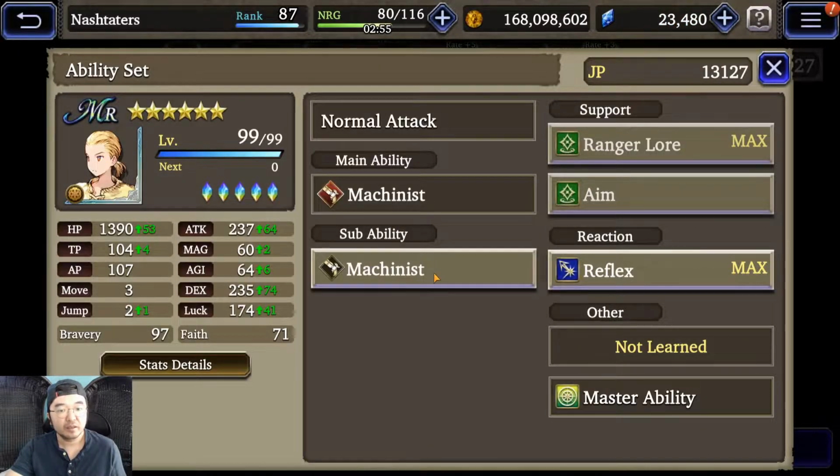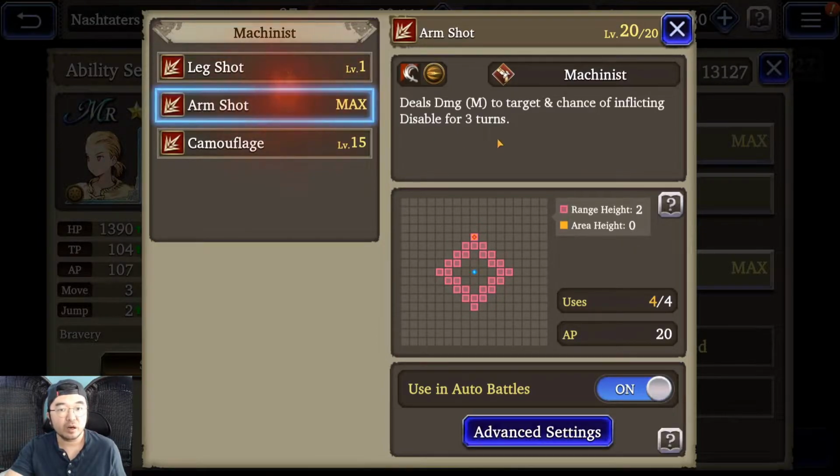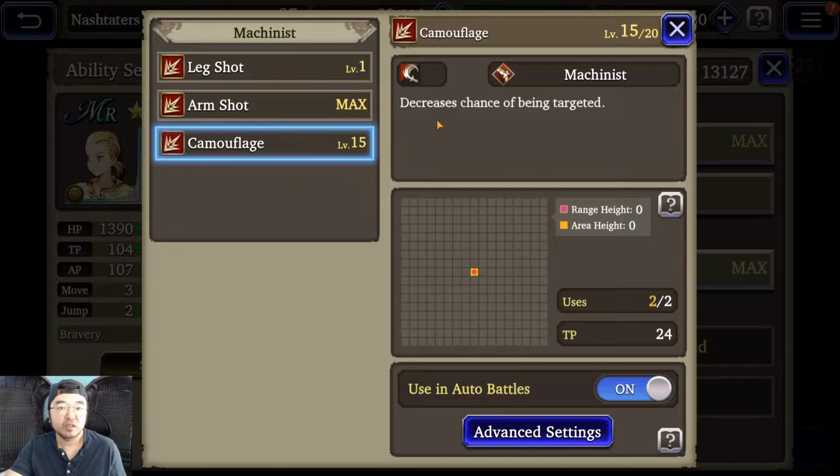Let's take a look at Machina's sub ability. Leg Shot we talked about, I don't like Immobilize. Arm Shot is where it shines. It's a medium damage, inflicts disable. Very, very strong. Anytime you have an entire team that just disables, your enemy unit is just gonna walk around and wonder like an idiot. Camouflage decreases the chance of being targeted. Obviously this is more of a PvE situation,